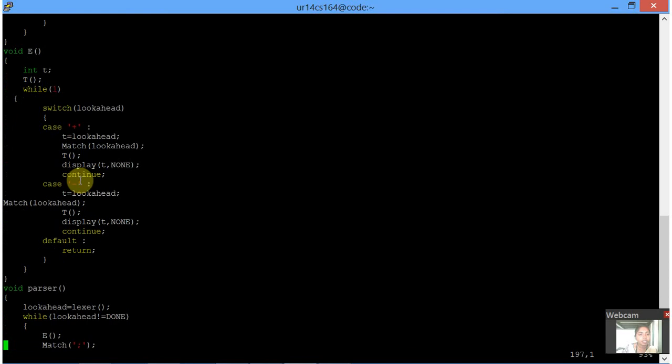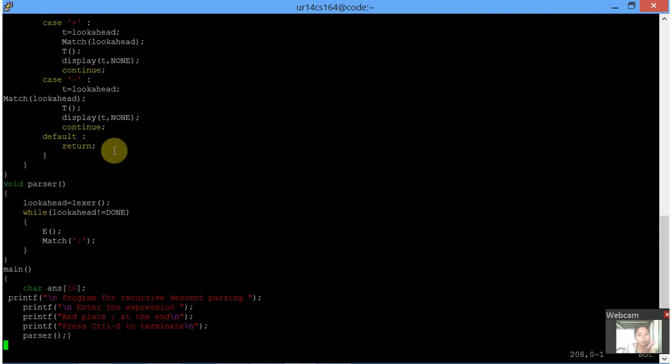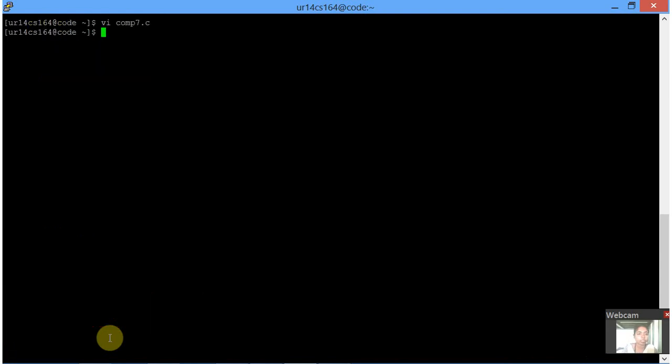In E function, again the lookahead symbol is checked. If it is plus or minus, if so, it will be printed. And then finally in the main function we'll ask the user to enter his choice and the output will be printed. So when we run this program,